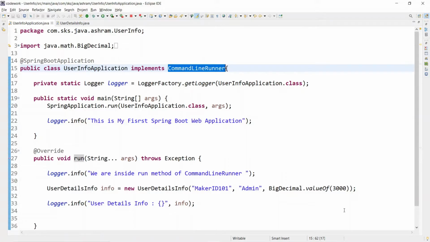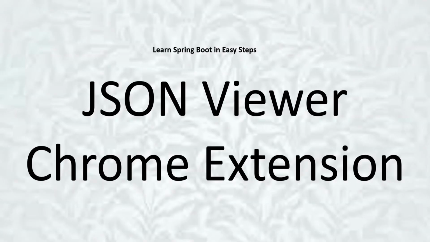So we are not going to see much on the console. The output we should view in the Chrome browser or any other browser. So how can we do the plugin? If you are not doing the plugin, you will have to install many supported apps from which you can send the request and get the request. You can use the get method, post method, put method or delete method.